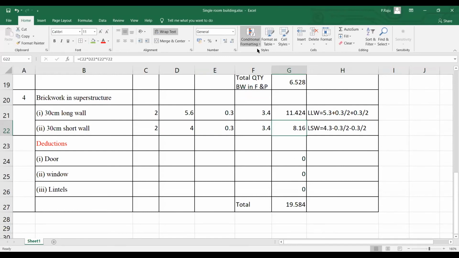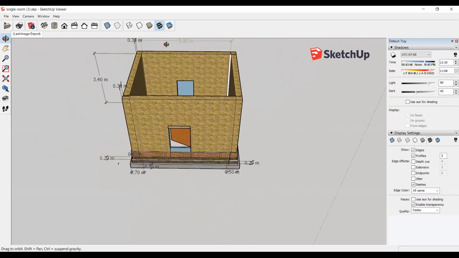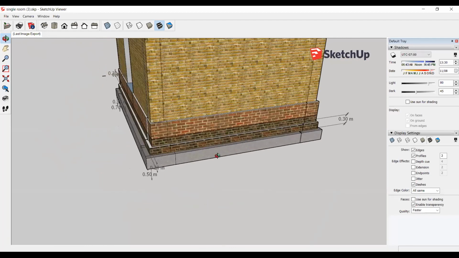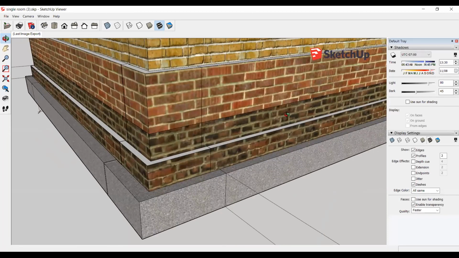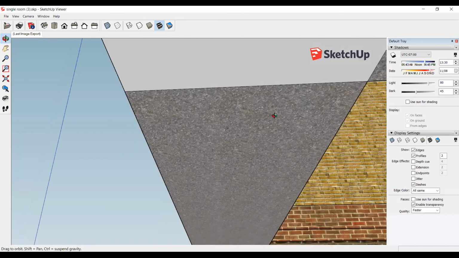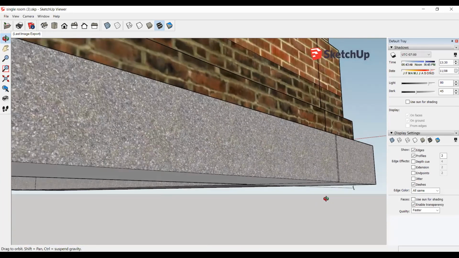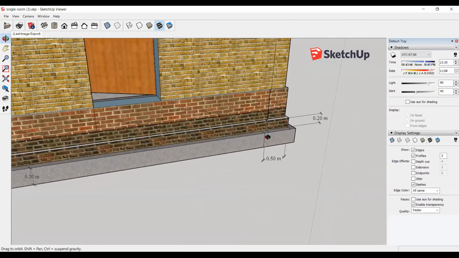So if you can see again, after seeing this diagram, you might have got a problem. In the foundation part, from the foundation concrete to the brickwork in foundation, from first footing or the plinth, there are no deductions. Completely the wall is constructed. You can see the four sides also. There are completely zero deductions. We need not deduct anything. Entire quantity is consumed by that particular foundation.